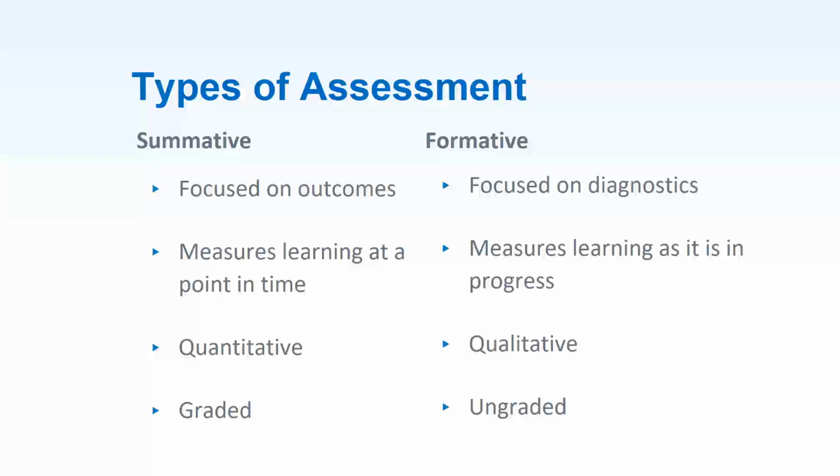They're designed to measure learning at a particular point in time. And these are typically the assessments that are quantitative and are graded. So these are your projects, your tests, your written assignments that students are handing in, your presentations. Anything that's a really specific assessment in the class and has a grade attached to it is usually